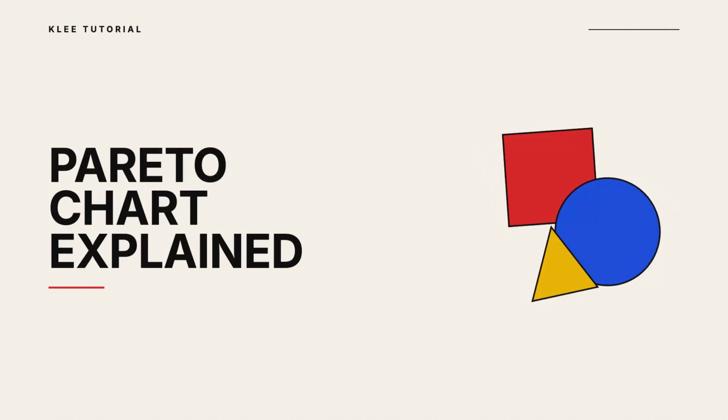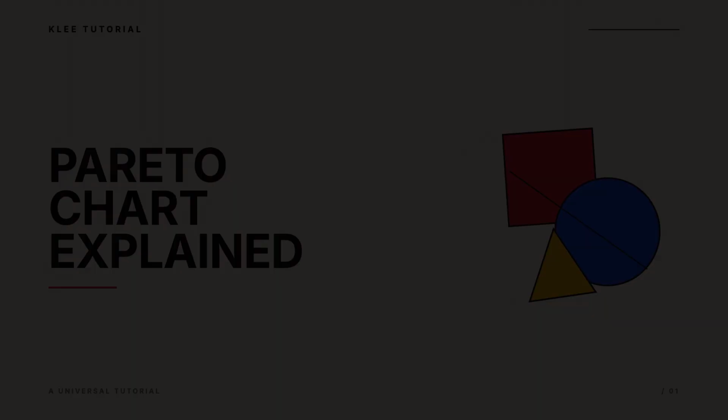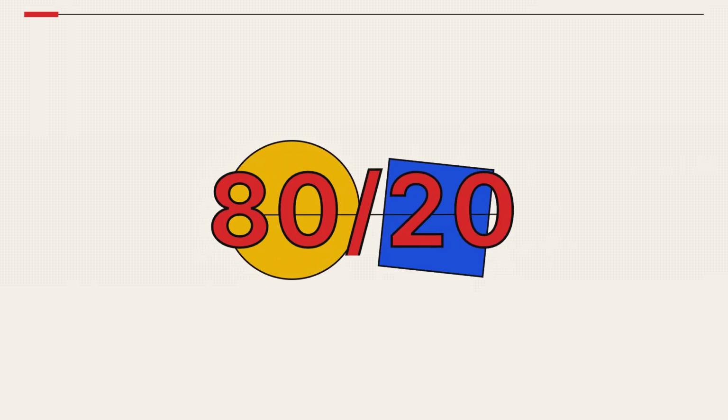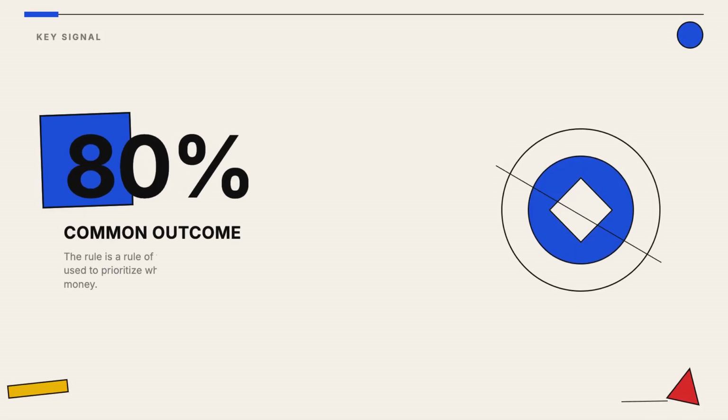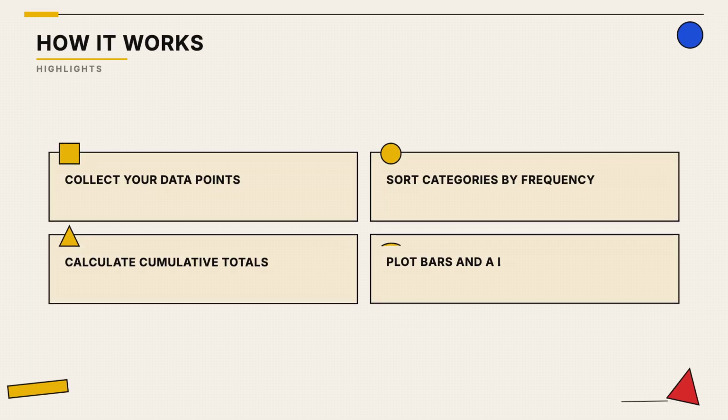A Pareto chart is a simple visual tool that helps you identify the most important factors in a data set. It is based on the Pareto principle, which suggests that 80% of results often come from just 20% of the causes. In finance, this could mean that 80% of your investment growth might be driven by just a few key assets. To build one, you list your categories by size, then graph the cumulative percentage to see which items have